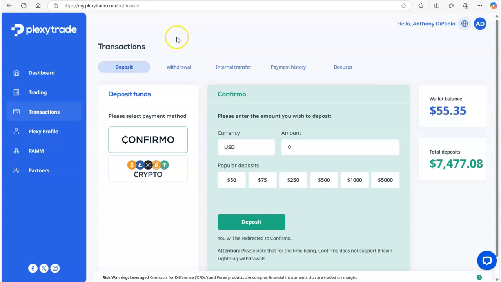In fact, I didn't even know this for the longest time, because I've been with this broker when they were under a different name for like 7 years now. And until just maybe a year and a half ago, I didn't realize it. Just use Confirmo, and there's basically no fees, nothing significant anyways. So you're going to choose Confirmo, do your deposit. Now, once you have your funds in here,